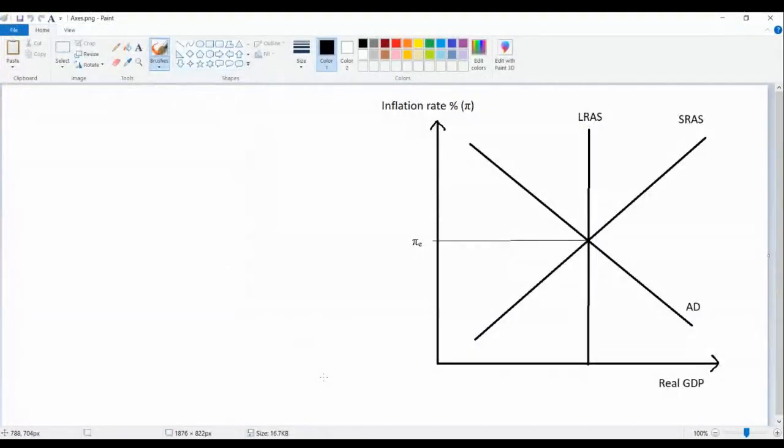So this is the model economy that we're going to use to try and think about macro things. Just as a quick review, you need to be able to do the following things, which we discussed. One is that, as shown in this picture, you can see the aggregate demand curve slopes down,